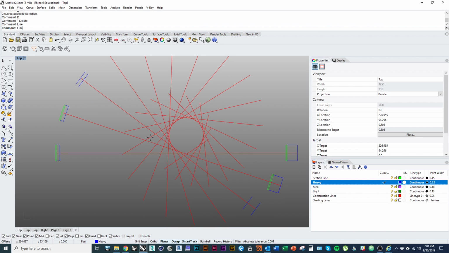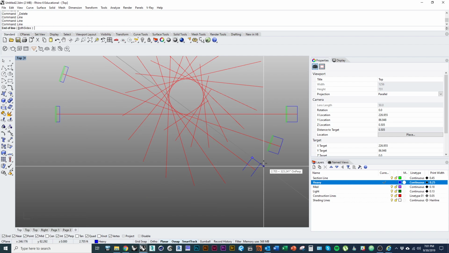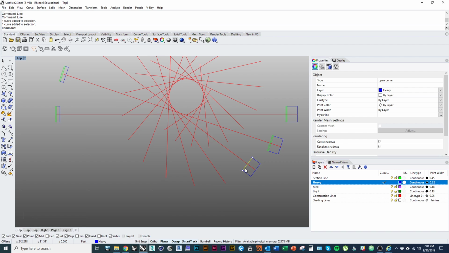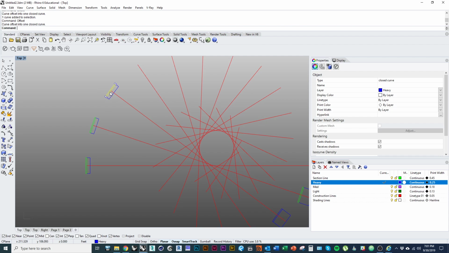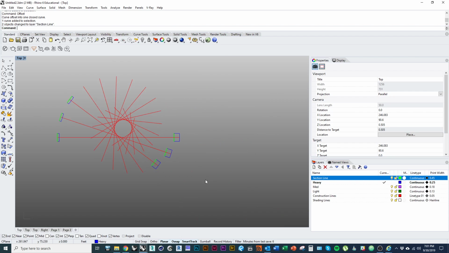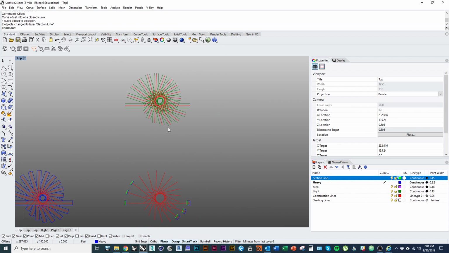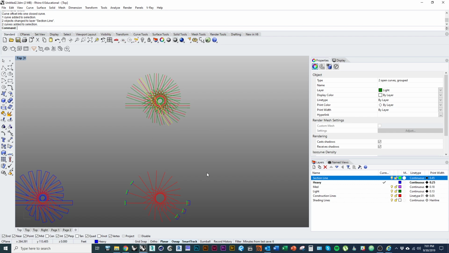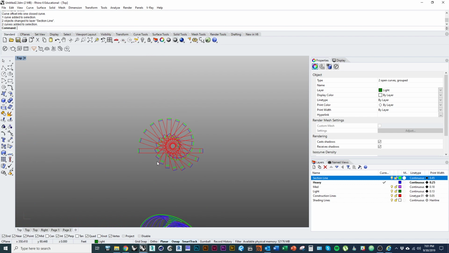Just delete that. For some reason those edges aren't connecting. I'll just redraw it. And then offset. And I should point out, I made a copy of these offset lines because later on, well, I've already drawn this actually,